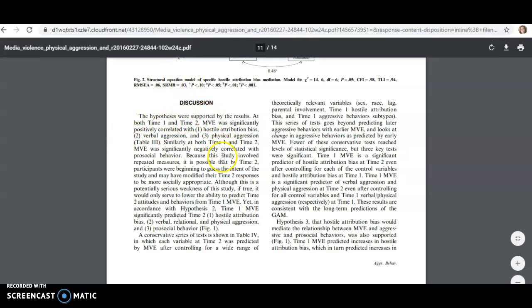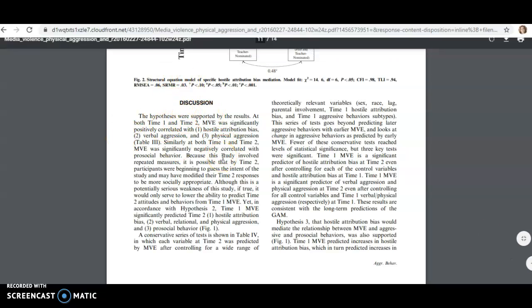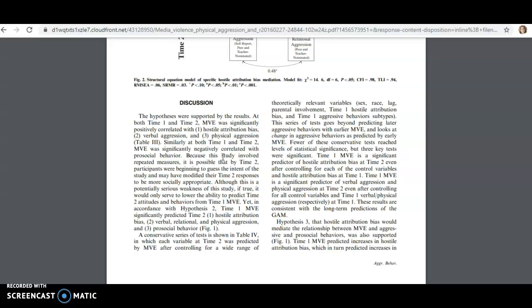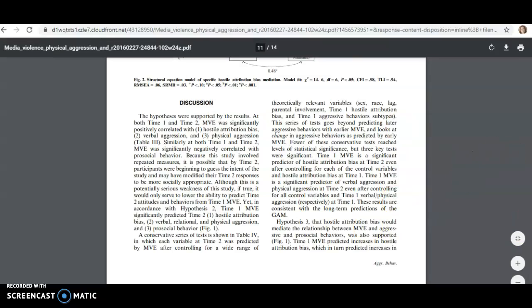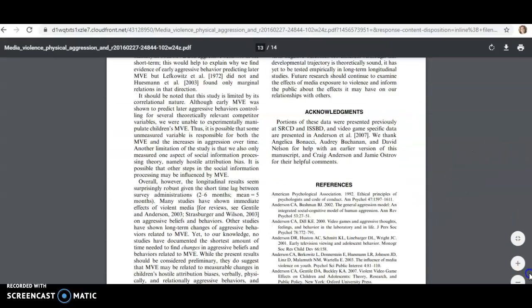The discussion will discuss the results of the data in more of a word form, in a narrative form rather than statistics. So it's going to say, hey, the hypothesis was supported by the results, and it's going to go on and talk about it. And then they wrap it up probably with